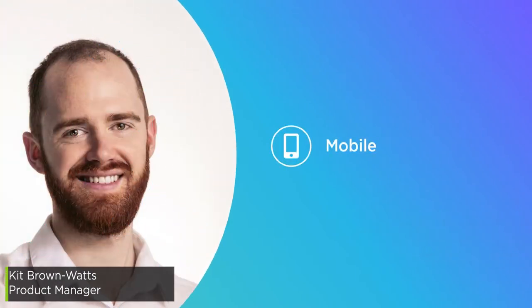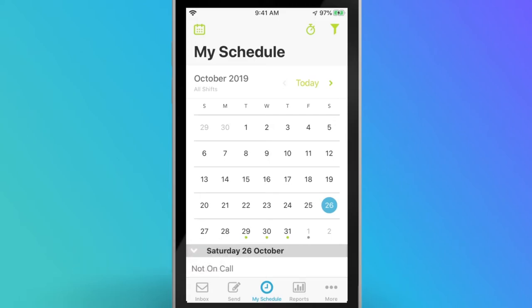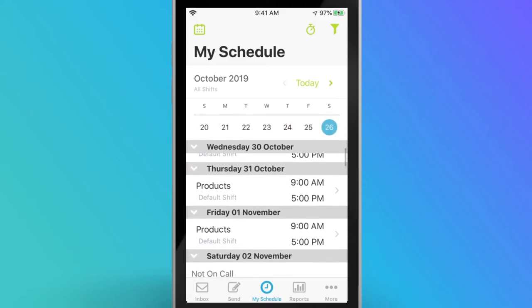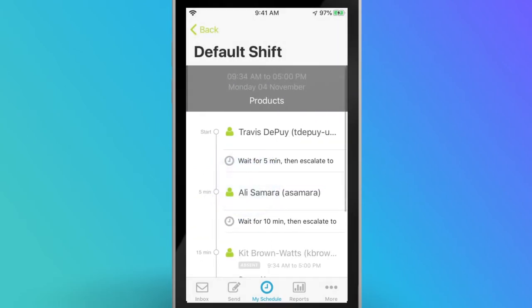When you're on the go, it's important to be able to look up vital information quickly. Our mobile app users love the ability to see their schedule and see when they're on call next at a glance. But we've heard that many of you want to see who else is on call for your shifts. All you need to do is head to My Schedule and tap a shift to see who's in it and